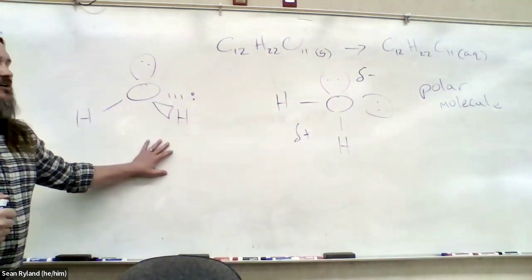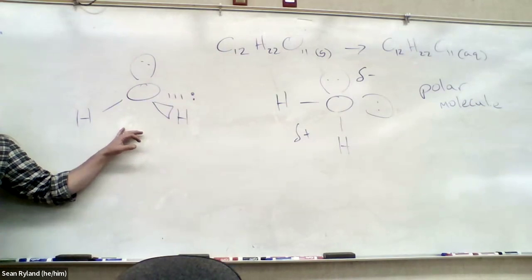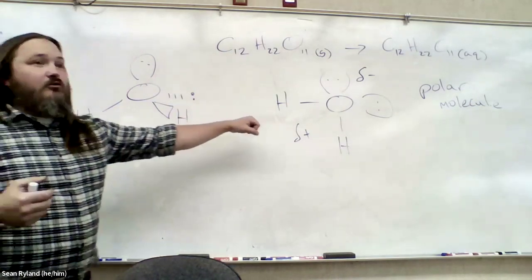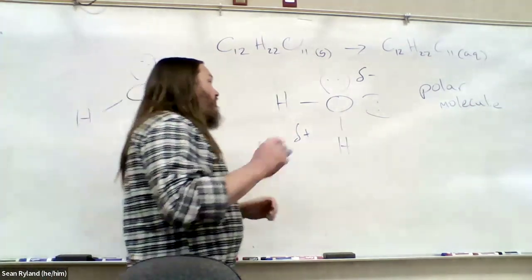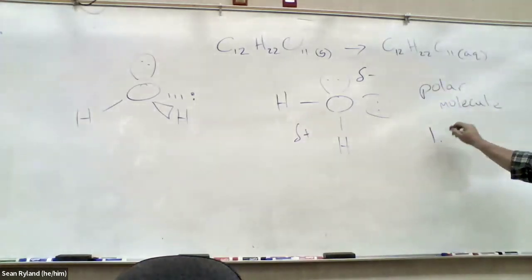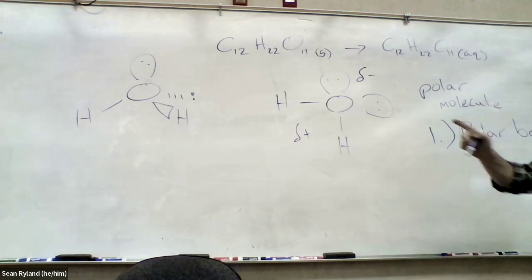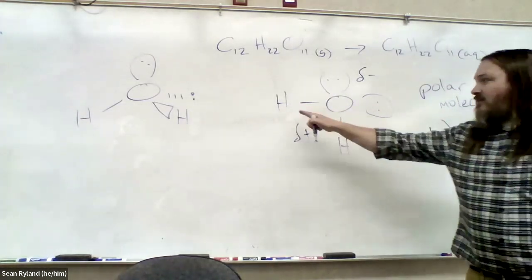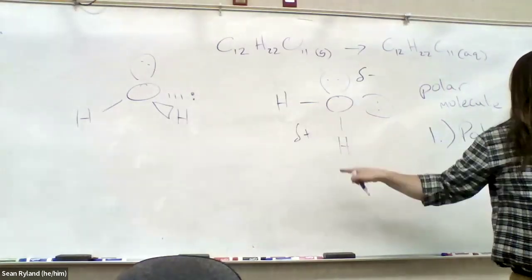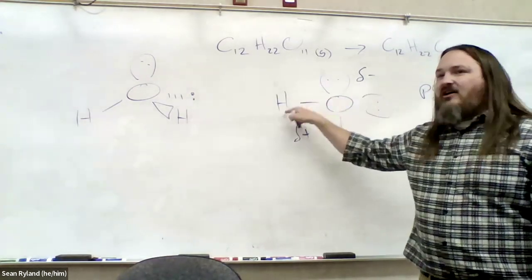All right, so the criteria for finding whether or not a molecule is going to be polar, you really only need 2 things. Depends on some other things like being able to draw out the Lewis dot structure. But basically, in order for a molecule to be polar, you need to have polar bonds. Meaning you need to have a difference in electronegativity between 2 atoms. So we're not comparing the electronegativity of the hydrogen to the hydrogen because the two hydrogens aren't bound together. We're looking at the difference in electronegativity between the oxygen and the hydrogen,